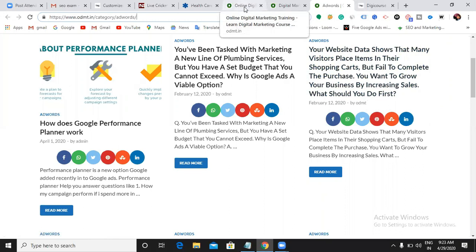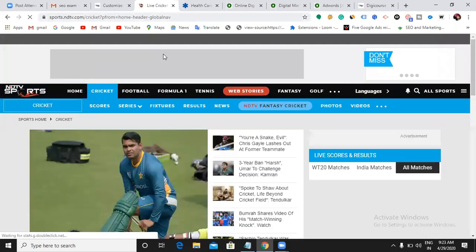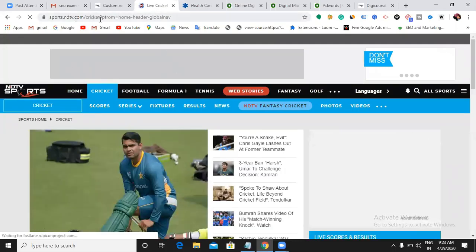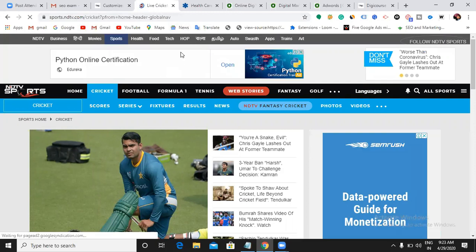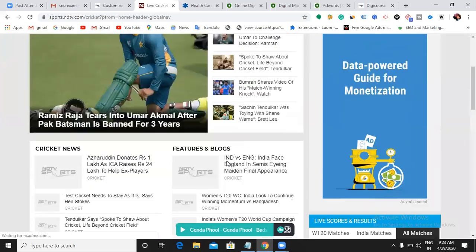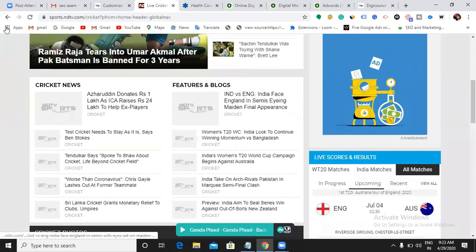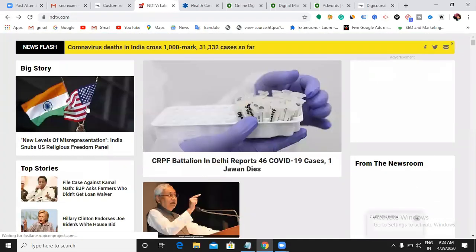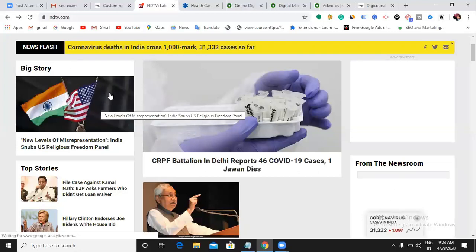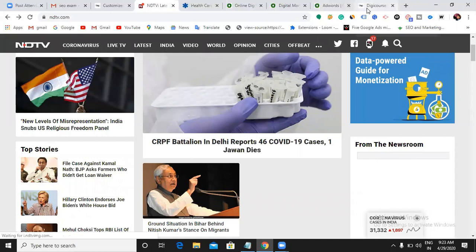Do you know the difference between a static website and dynamic website? Do you remember on that day I told you the difference between the normal NDTV website and dizzycourse.in? So now if you can see here, NDTV is a news website, and the front page shows all the recent posts it has. Am I right? Can you see? Now am I able to see one news here? Tomorrow if you come to this website you won't see the same news. Why? Because it's all about showing the new posts.